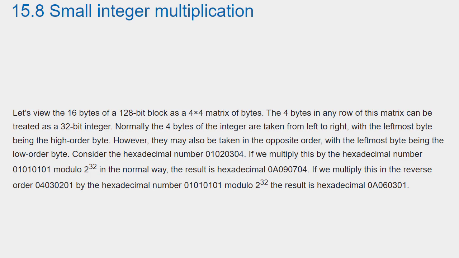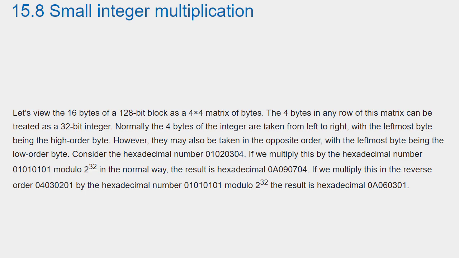Let's view the 16 bytes of a 128-bit block as a 4x4 matrix of bytes. The 4 bytes in any row of this matrix can be treated as a 32-bit integer. Normally, the 4 bytes of the integer are taken from left to right, with the leftmost byte being the high-order byte. However, they may also be taken in the opposite order, with the leftmost byte being the low-order byte. Consider the hexadecimal number